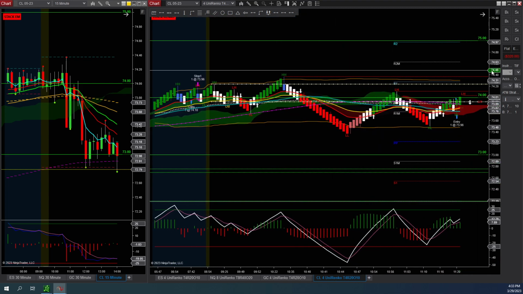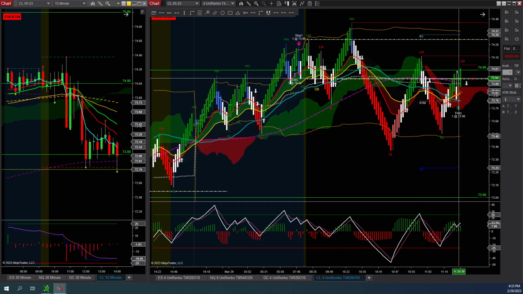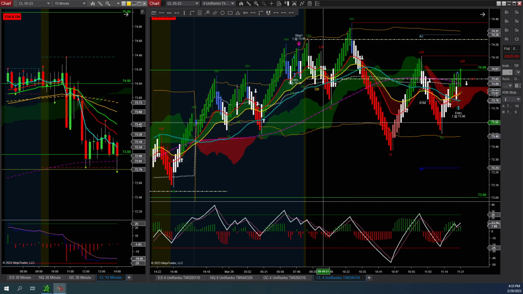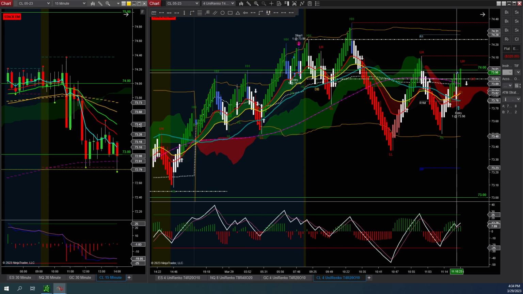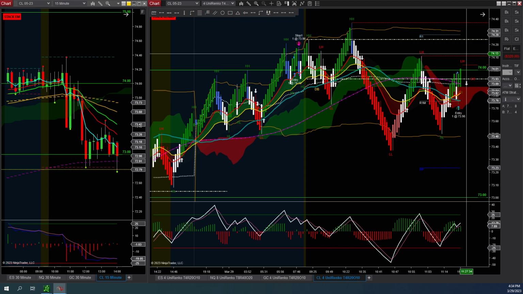Let me expand it again a little bit for you to see. And so I took the trade right there, second trade. Okay, the second trade here was also a loss, a $180 loss on that one. So what happened here was that it came back. This smooth 50 already moved to the upside and now was moving horizontally. I thought that this price was going to break it and at least give me 74.10, around that level.